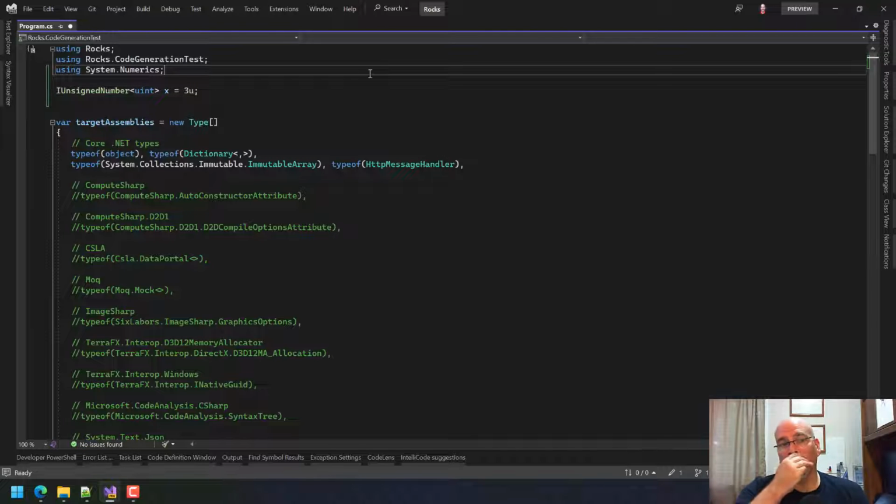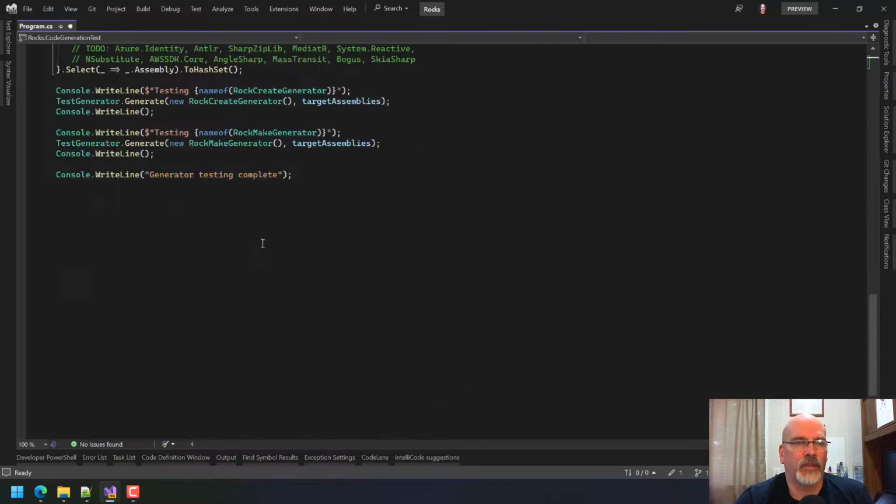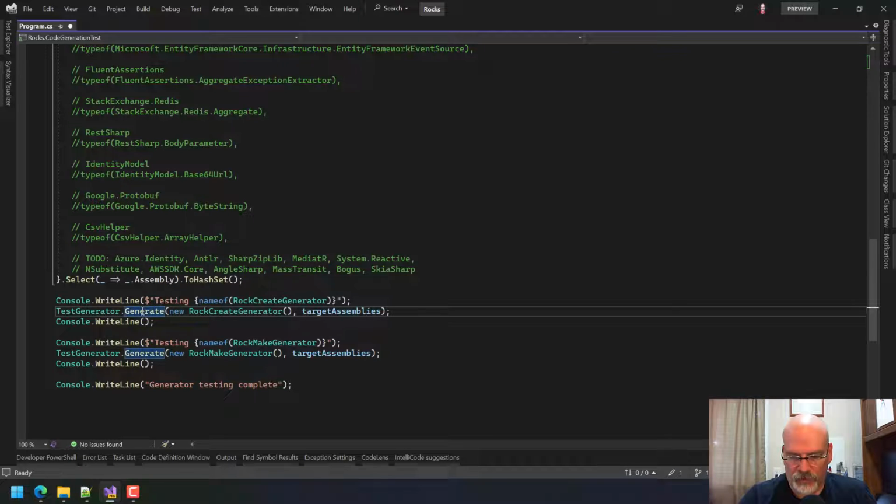There, okay. So that works. And I get why, because unsigned int implements unsigned number. But if this comes up in the future, like right now I'm just guessing, I'm saying when I generate this,